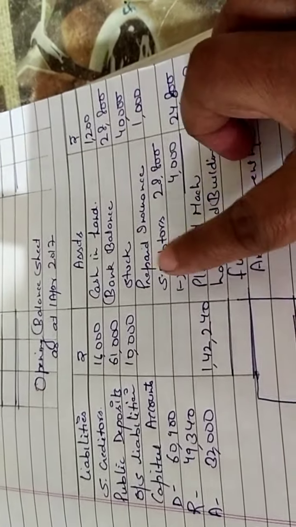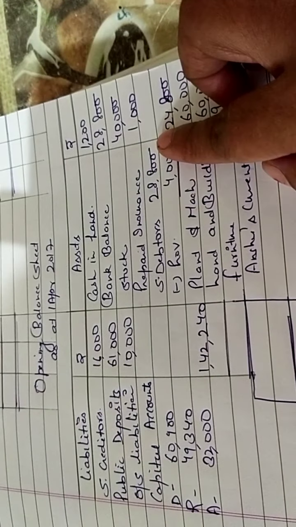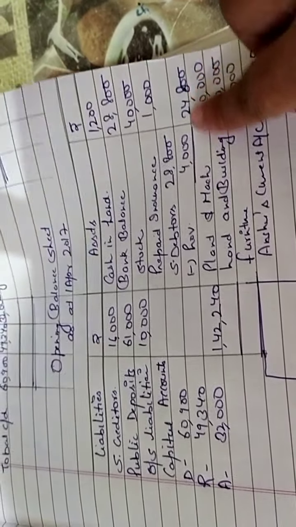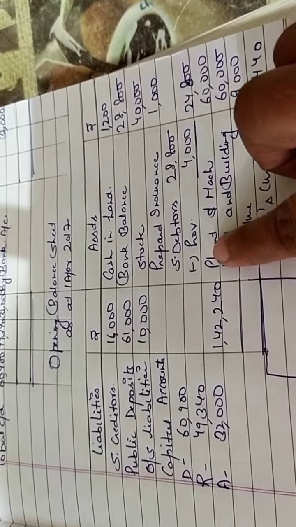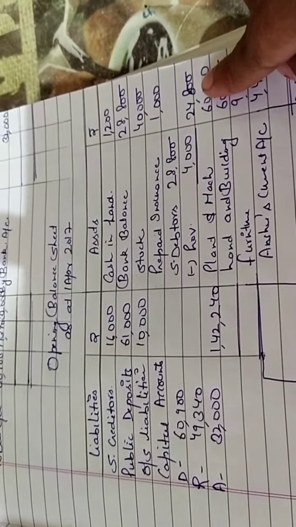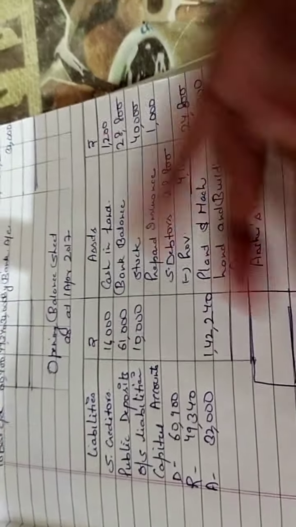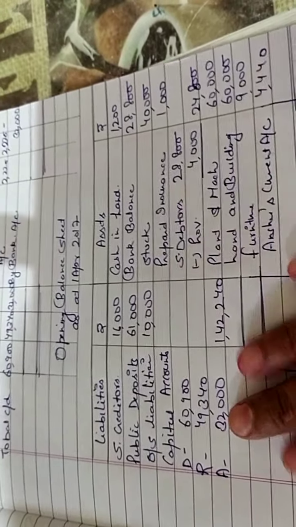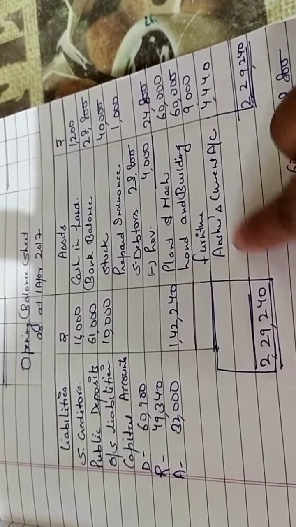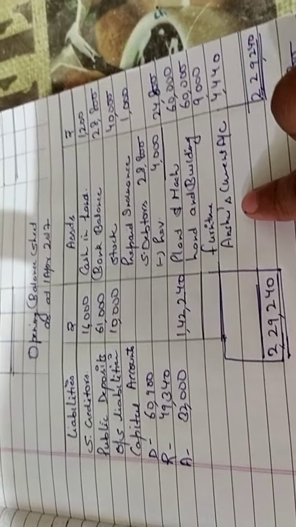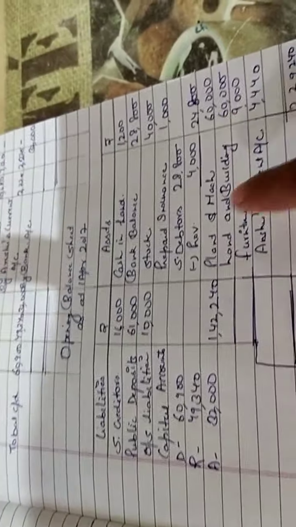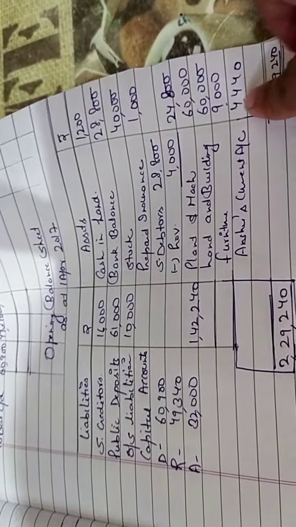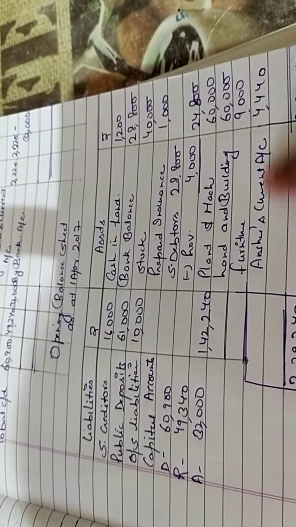Okay, and all the adjustments: like sundry debtors having 28,800, I am deducting 4,000, the provision which we need to maintain. Okay, now the remaining debtors are 24,800. As plant and machinery is increasing, I am increasing that amount by which it is increasing, and land and building also. All the effects we need to show in the balance sheet. And here I have also mentioned Anshu's current account. Since it's only a single balance, we don't need to maintain the current account. We only show its effect in the balance sheet, as Anshu's current account has a debit balance and all the assets have debit balances. So I have shown it on the debit side.